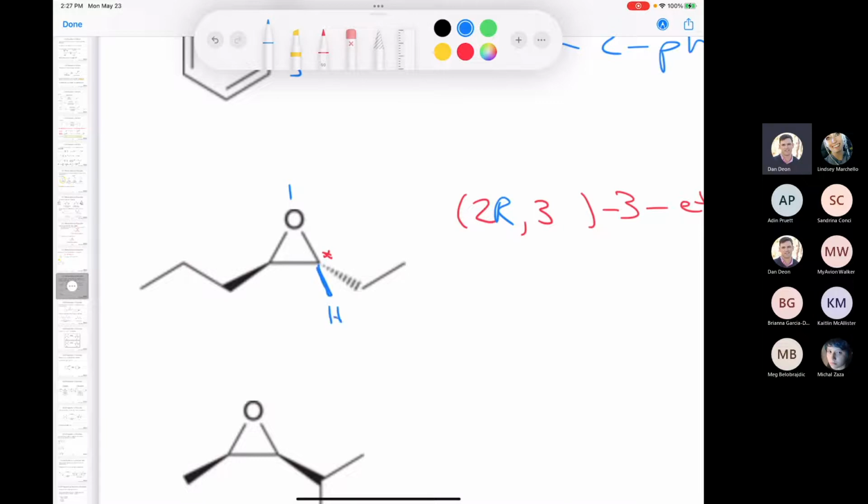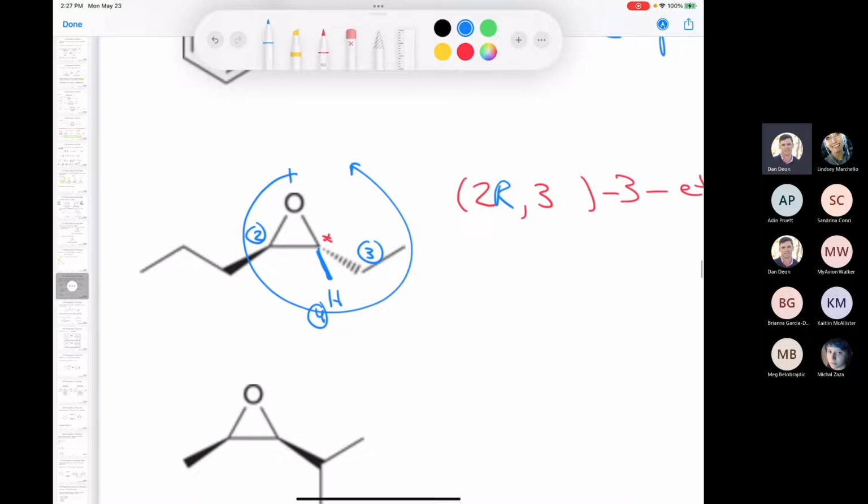So whatever we get, we're going to reverse it. This is our 4th highest priority. This is 2. This is 3. And so we go from 1 to 2 to 3 like that, which is counterclockwise, but we reverse it in this direction. So this is also R. So there you go. We've got 2R and 3R,